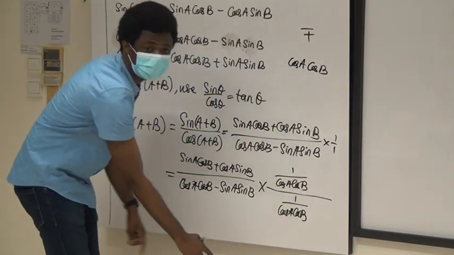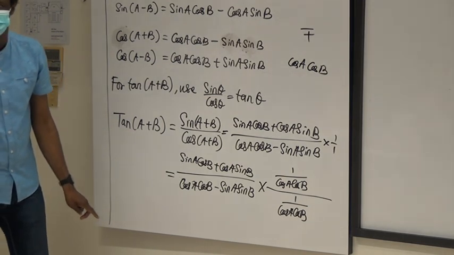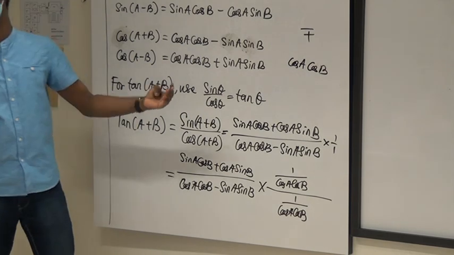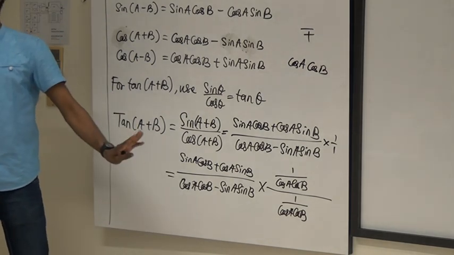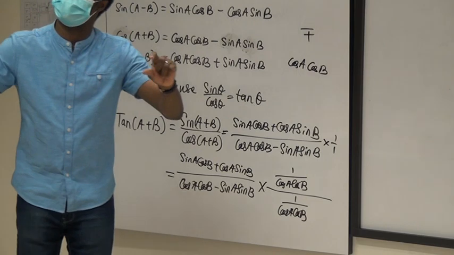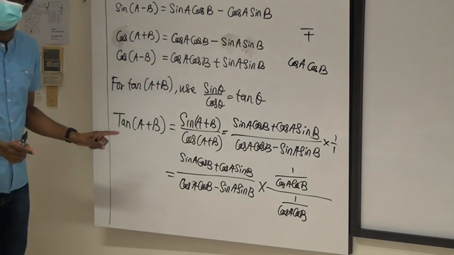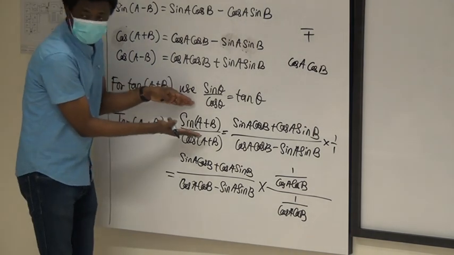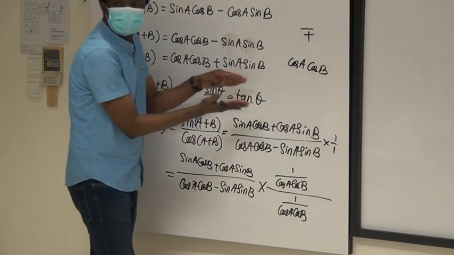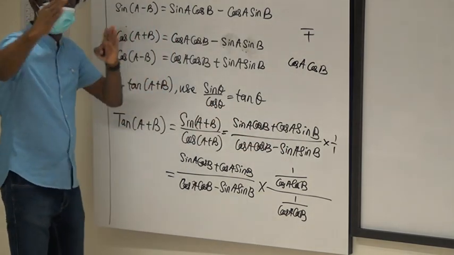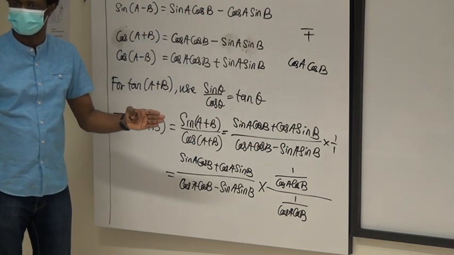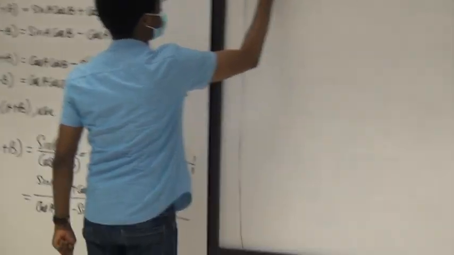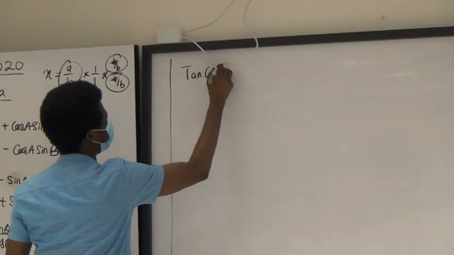This is 1, so it doesn't affect our left hand side. And when this goes into each of these binomials, it makes it look as if we are dividing, but we are not dividing. Remember, you can only divide if you are dividing both sides. But here, there is no both sides. There is only one side. This side was interpreted to be this, which was interpreted to be this. So it's not one side all the time. Do you get that? Anyways, this becomes tan A plus B,